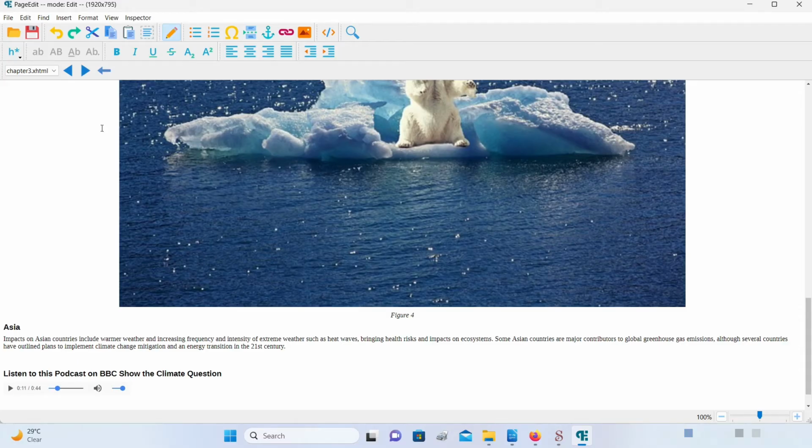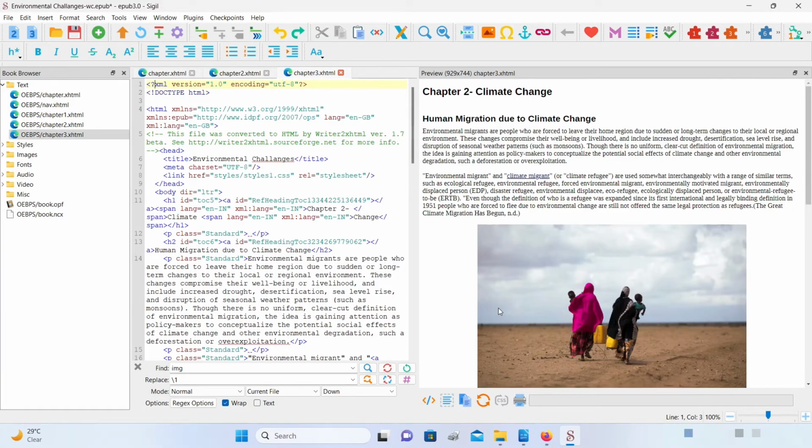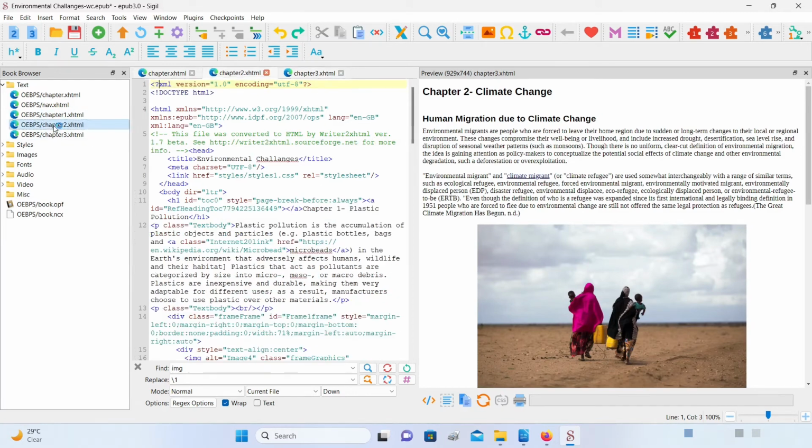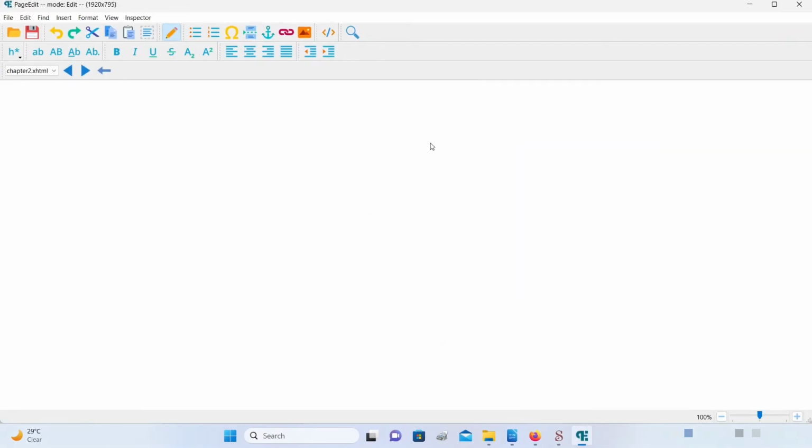So this is now inserted. I can now save it. So when I go to the bottom of my chapter 2 here, you can see that I have inserted an audio file here. And likewise, I can just go to my chapter 1 and open it in page edit